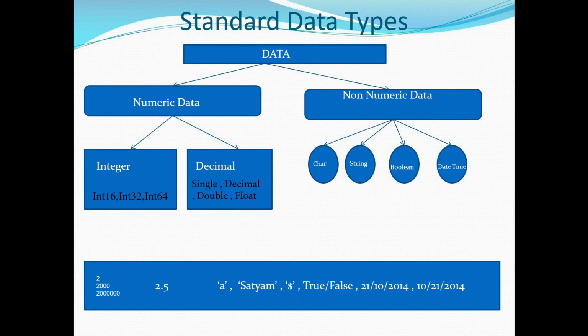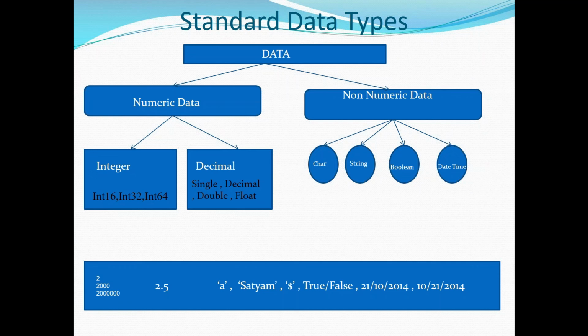Memory is wasted. Right? Let's say my data falls in the range of int 16, but I defined it as int 64. What will happen? A lot of memory wastage will be there, right? The same thing will happen in case of C, C++ and Java, where for int 16 range, int 32 or int 64, in all the cases, it allocates the maximum amount of space.